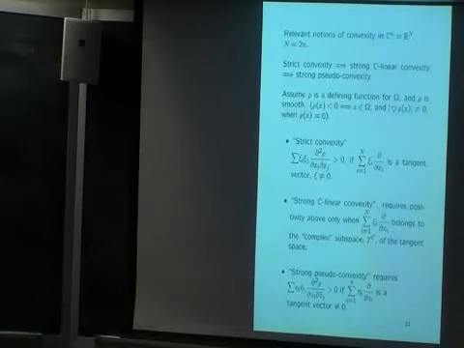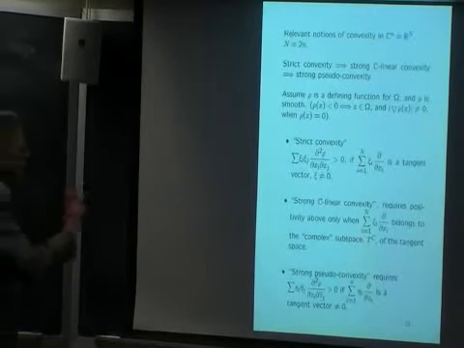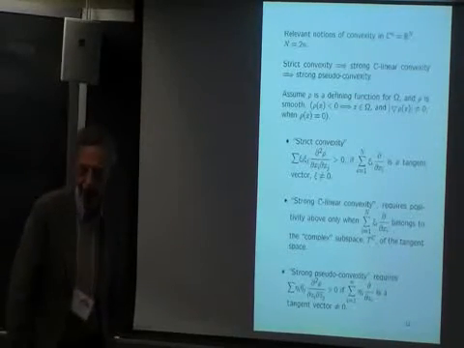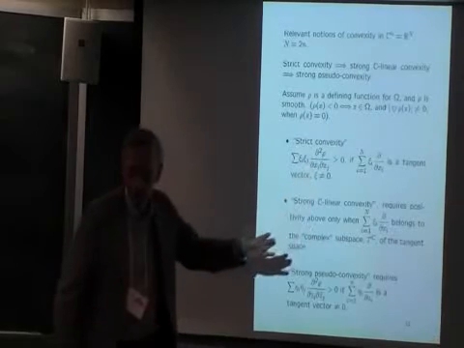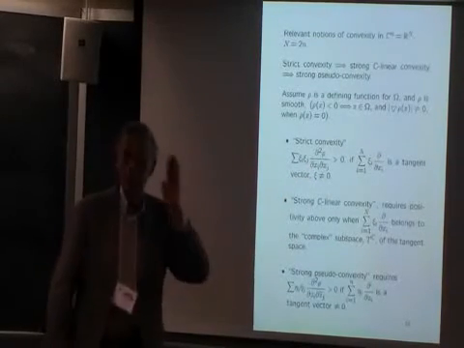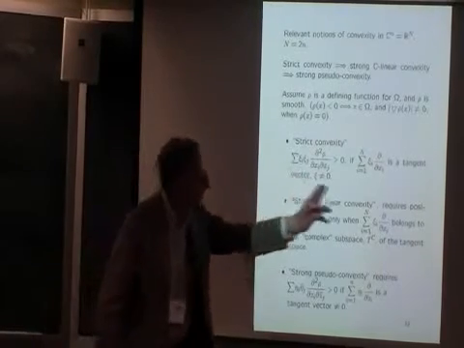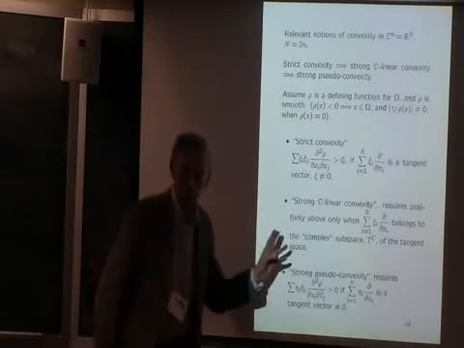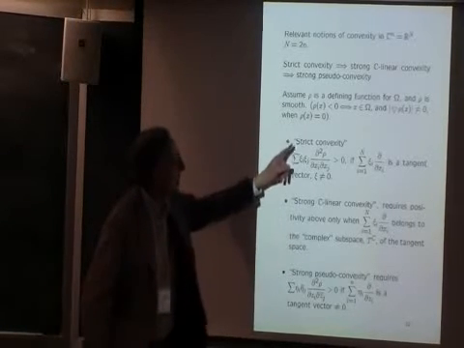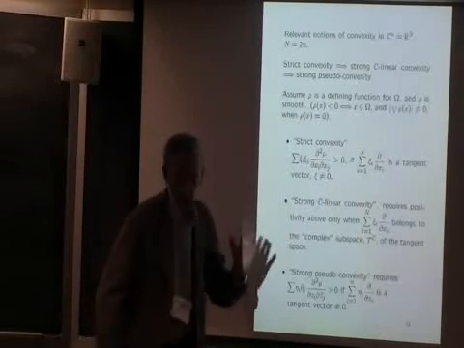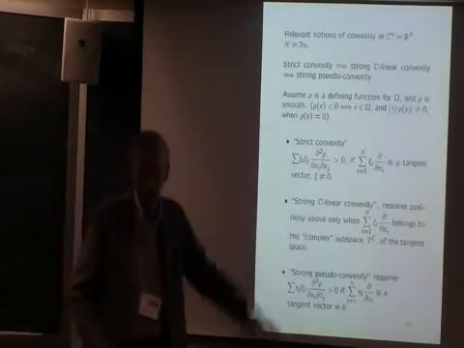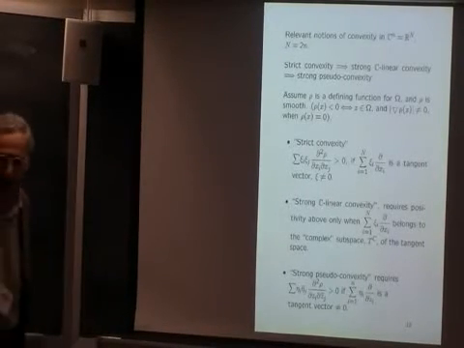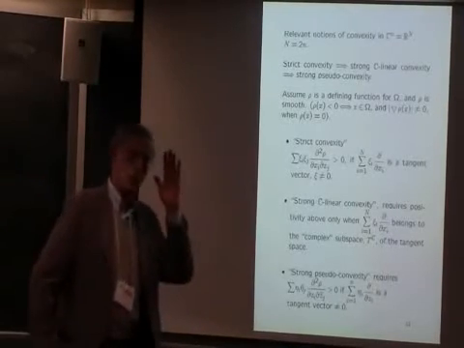All right, now, very quickly, there are certain notions of convexity that I want to mention. There's the notion of strict convexity, which means that if you take the defining function and you take the Hessian, the tangential part of the Hessian is a strictly positive definite matrix. Then there is another notion, the notion we're going to use, which is more general than that, which is called strong C-linear convexity. I'm sorry for the very complicated terminology, but I think that exists somewhere, and so we're following that terminology,